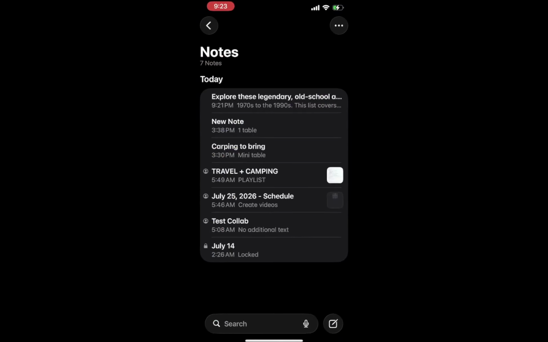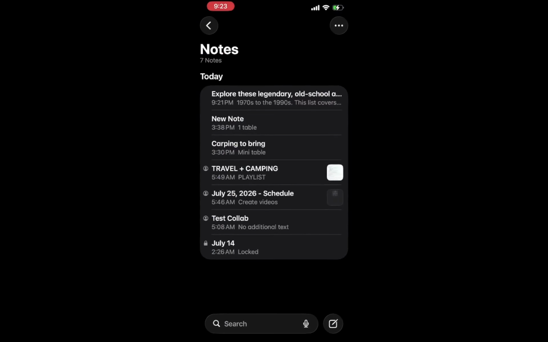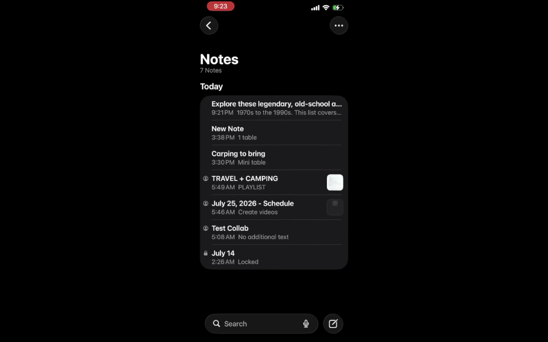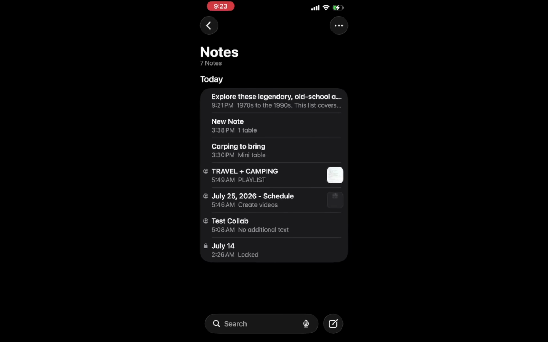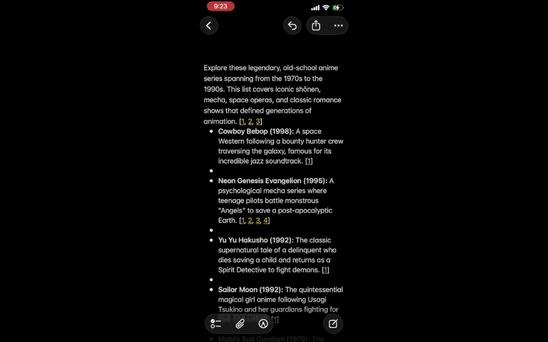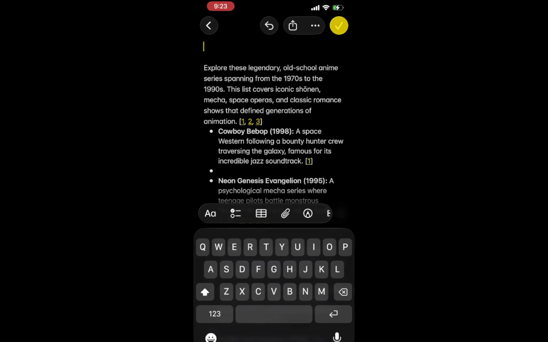If you want to create a new note, simply tap the icon that resembles a pencil on a square at the bottom right corner of the screen. Alternatively, if you wish to organize or edit an existing note, scroll through the list and select the one you want to open. This initial step is crucial because it sets up the environment where you'll be using hashtags to enhance your notes. Next, start typing in your note.